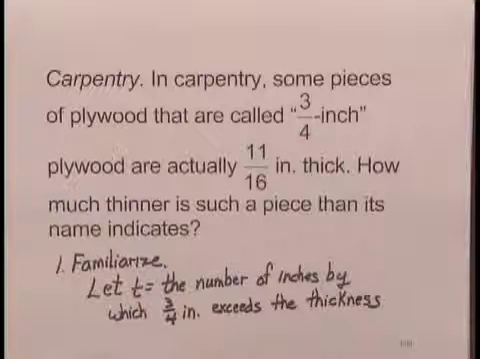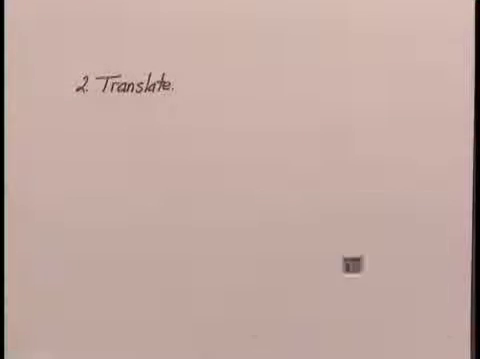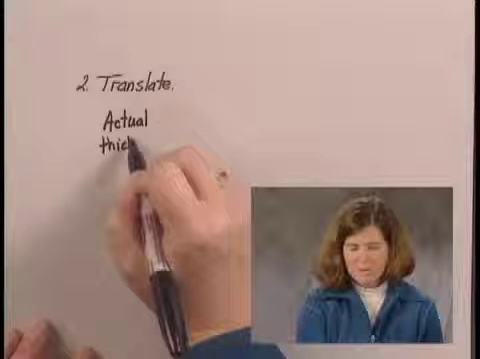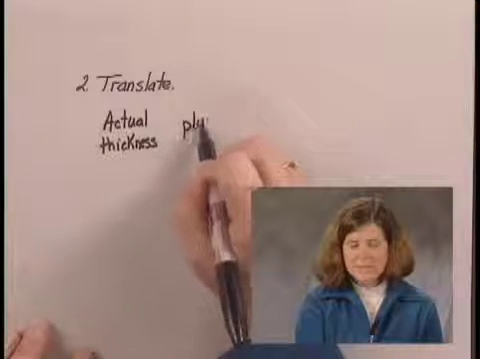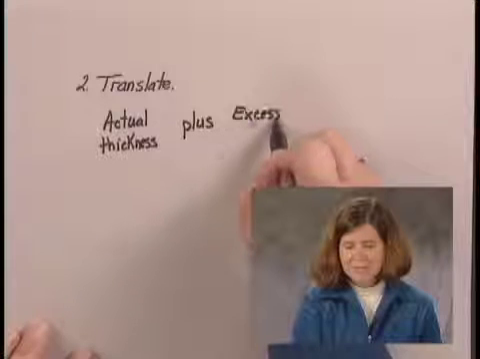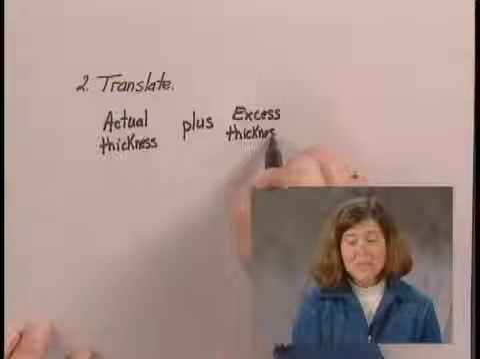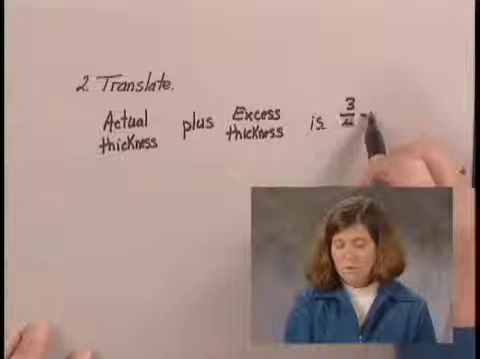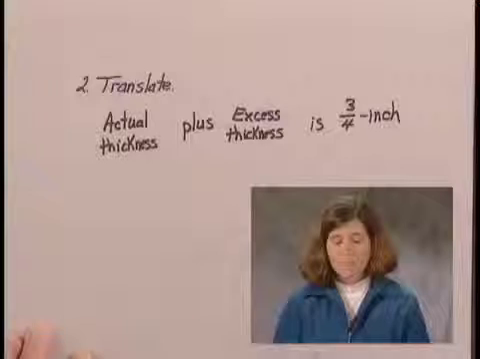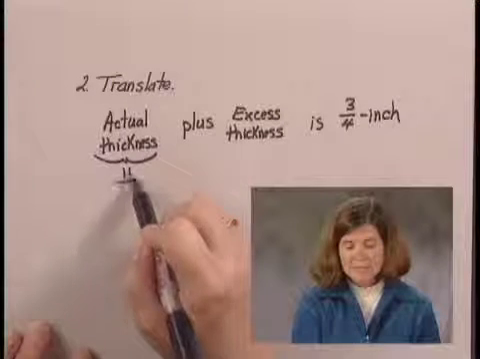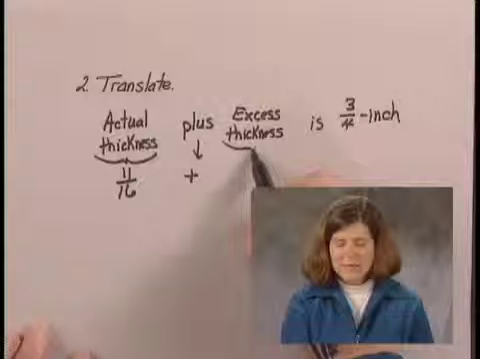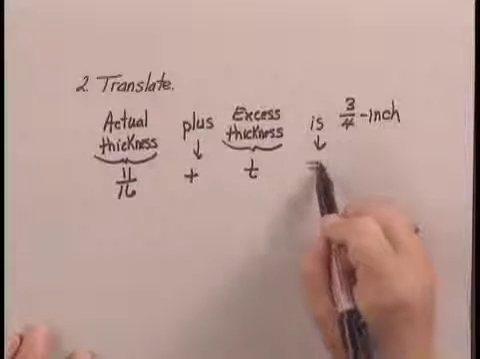Now we go to the next step of our problem-solving process, and that is to translate this situation into mathematical language. We can think of the plywood as the actual thickness of the plywood plus the excess thickness, or the extra that we expect to be there that's not there, is what it's named, 3/4 inch plywood. Well, the actual thickness is 11/16 inch plus, translate to addition sign, that excess thickness we called T is